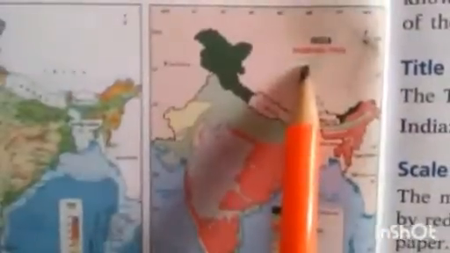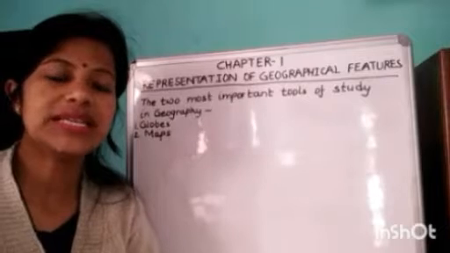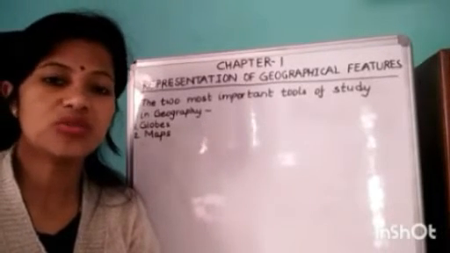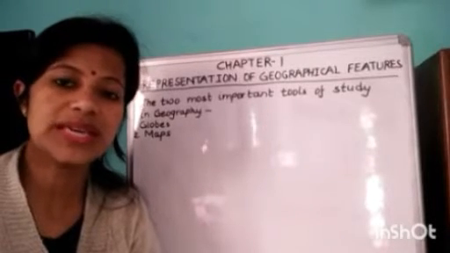Here this map provides us major soil types. Maps are easily carried from one place to another, while globes we cannot carry easily